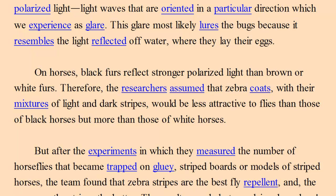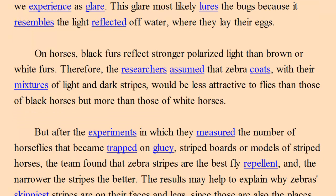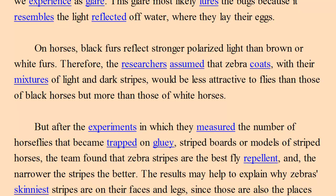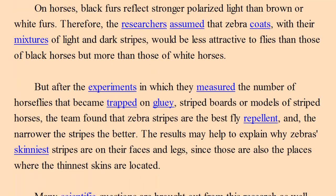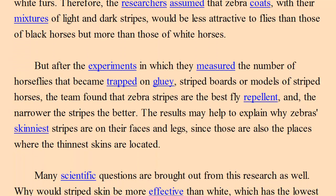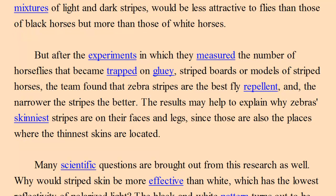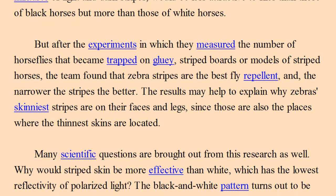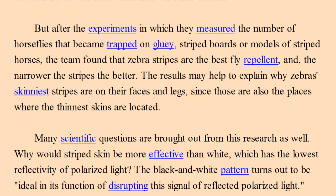Therefore, the researchers assumed that zebra coats, with their mixtures of light and dark stripes, would be less attractive to flies than those of black horses, but more than those of white horses. But after the experiments in which they measured the number of horseflies that became trapped on gluey striped boards or models of striped horses, the team found that zebra stripes are the best fly repellent, and the narrower the stripes,